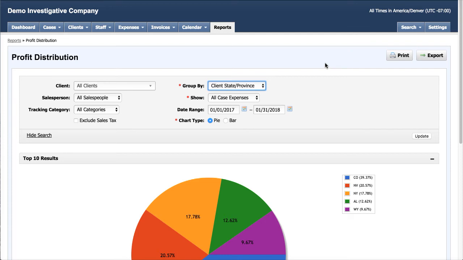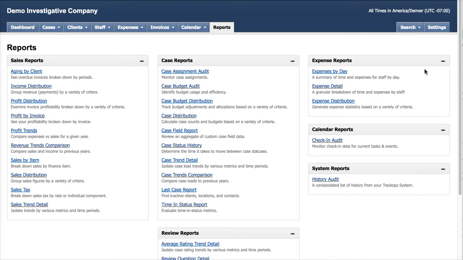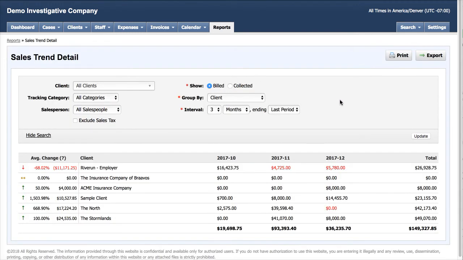Two other nifty reports I wanted to quickly go over are sales trend detail and case distribution. So we'll go into sales trend detail, and this is going to give us some trending information about sales, in this case by client, to see over the past 3 months, 6 months, 12 months. We can move this back all the way to the year,